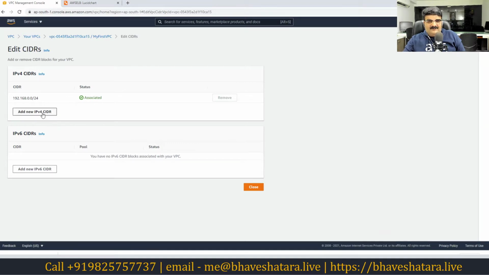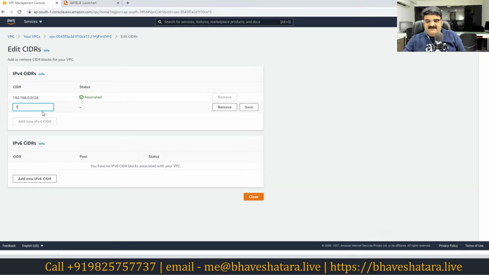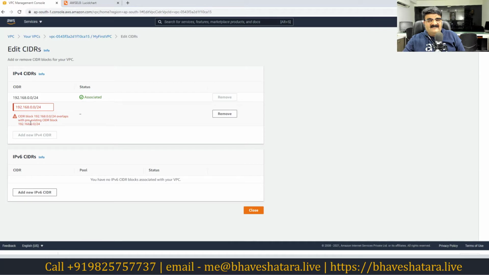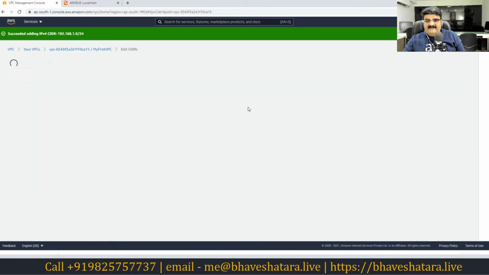It is up to you. So let me add another range, 192.168.0.0/24. See this, you cannot add a duplicate range. For example, I already have 0.0, so the new range should be in a different network. This IP address cannot belong to the same subnet, so keep this in mind. It cannot accept this because it is existing. So I'm going to add 1.0, and then save.